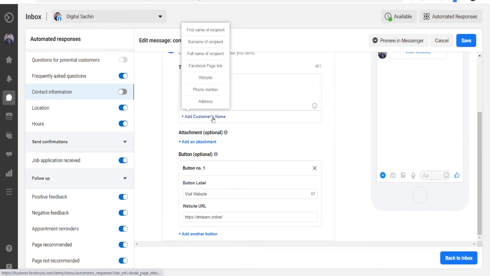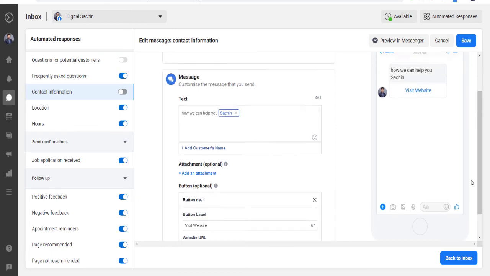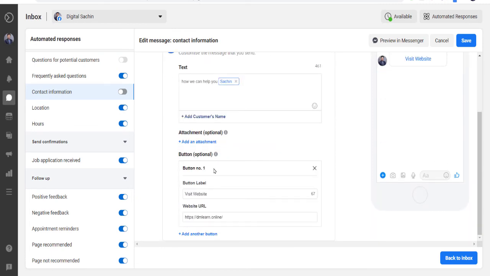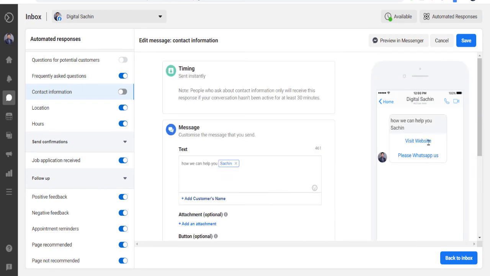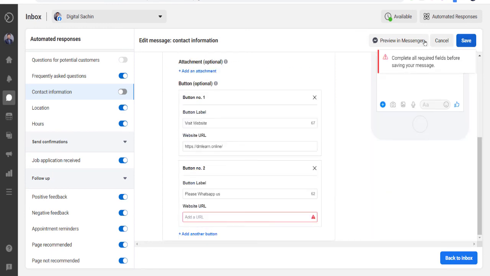And here add the customer's first name. So how can we help you, visit our website. Or you can add, for more information, please WhatsApp us. Here you can add a WhatsApp number. So with the help of this, they can visit your website. This way you can do it.